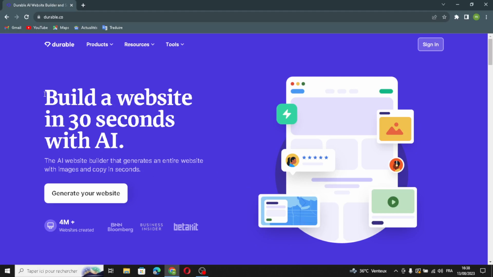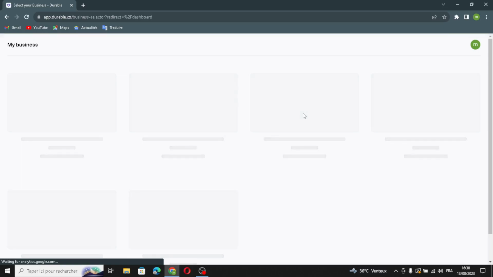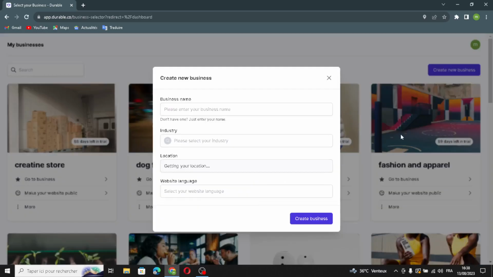So, as we know, you can build this website in just 30 seconds with this AI. With this AI website builder, you can generate an entire website with images and copy in seconds. So first of all, let's sign in and now create your new business. Now enter your business name